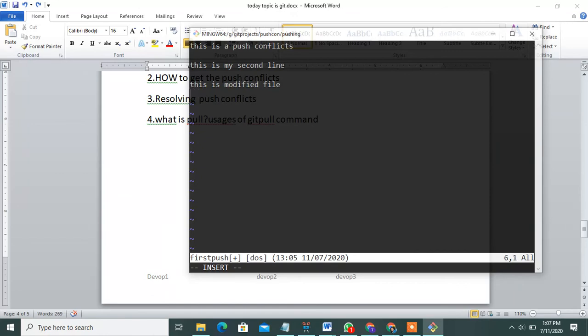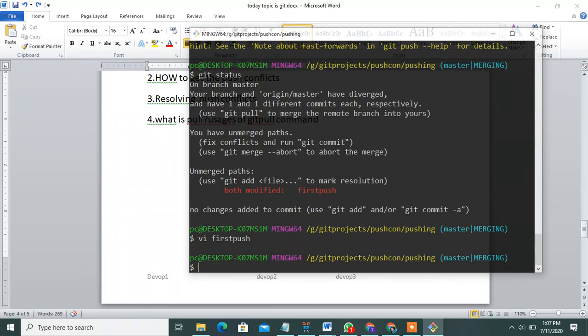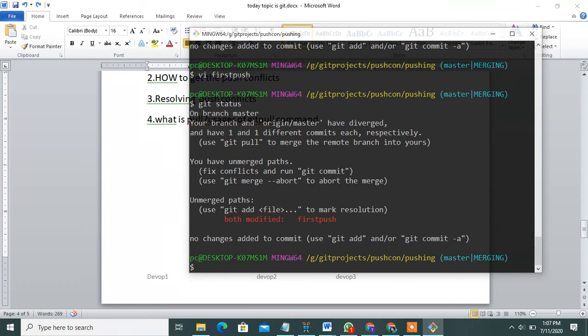You can remove all the markers. Then you can save it. Yes, check it, git status. Yes, both modified. Okay, git add.